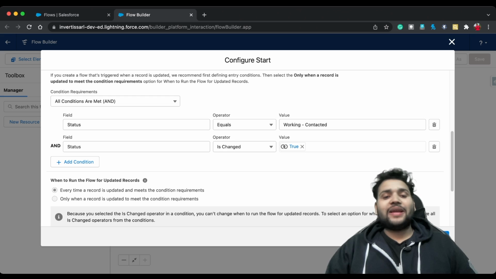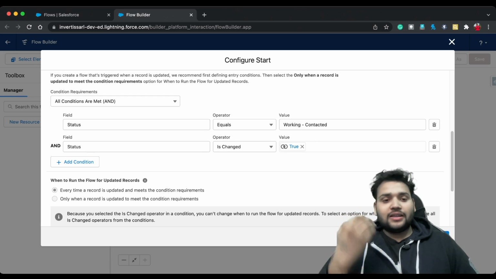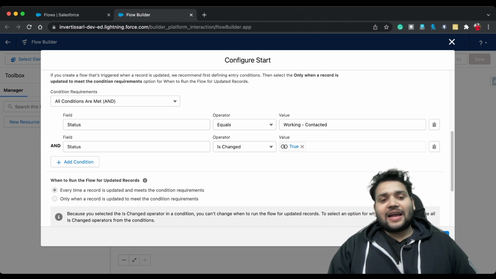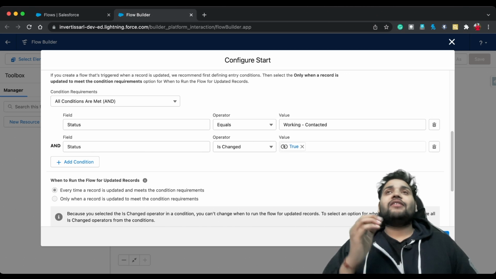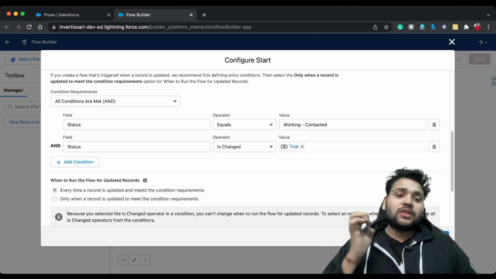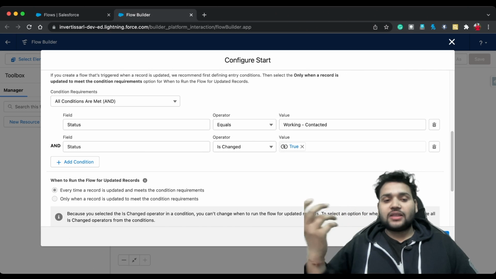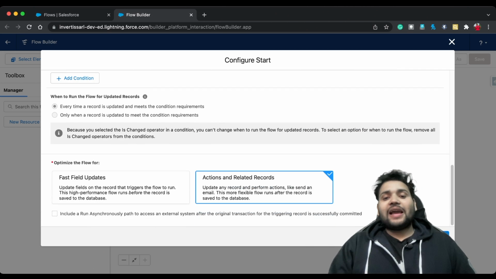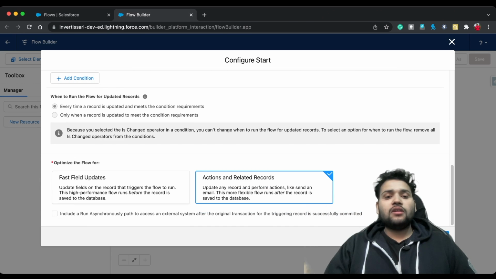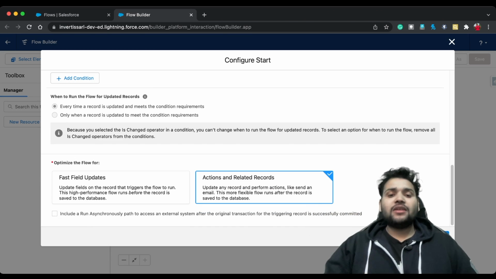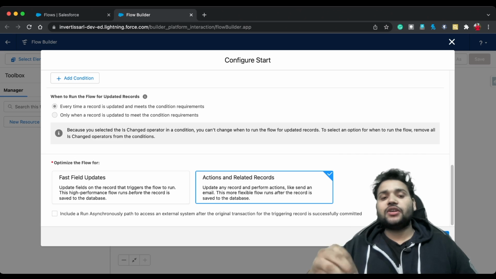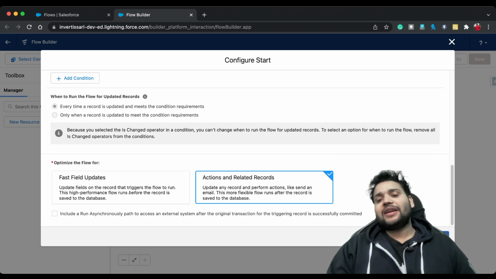I am also going to explain the difference between these two conditions. So for now, just let it go, and here I am with the second condition, which is status is changed boolean true. And I will also let you know that if I remove the second condition, then how I need to configure my flow to further use, right? Again, as we need to create a related record with lead and campaign, so we need to select action and related record in our flow and simply click done.